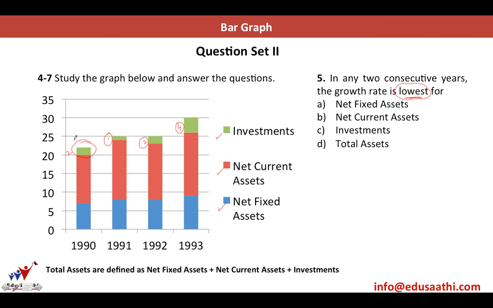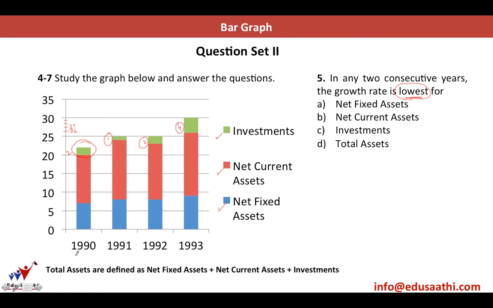Now why I'm writing this? Because from 25 to 30 I can draw easily 4 lines. So this will represent a 26, a 27, a 28, 29, and then 30. So we have divided this space into 5 parts of 1 each.